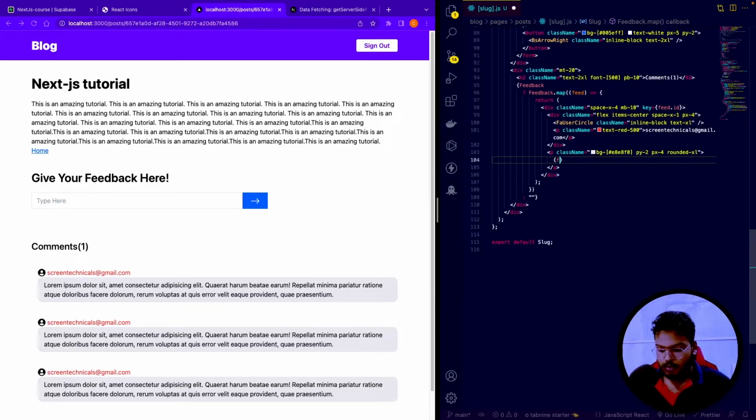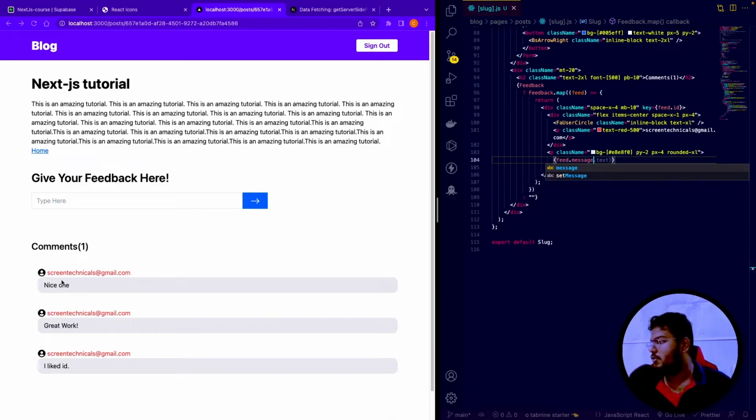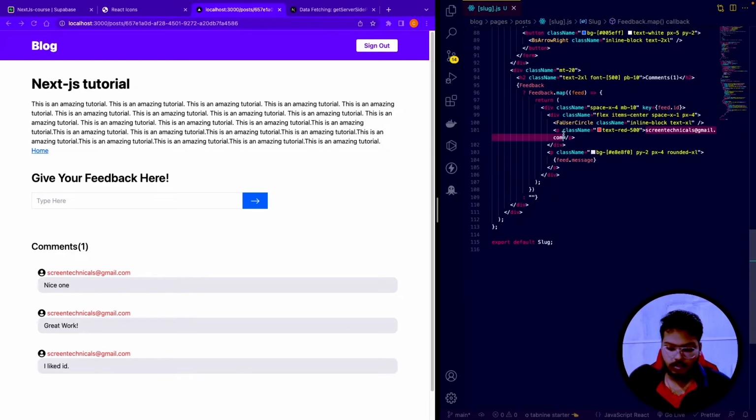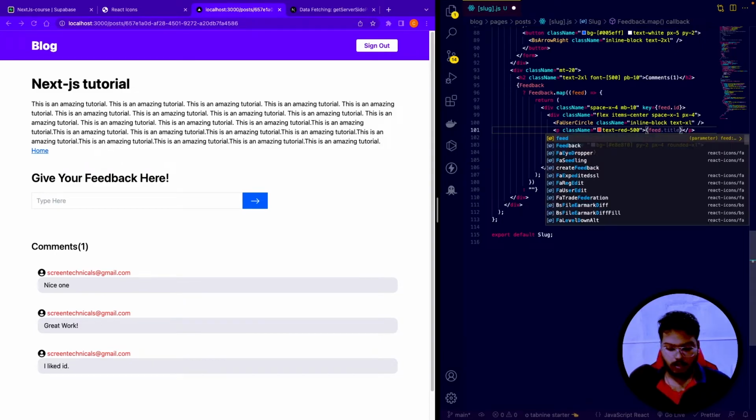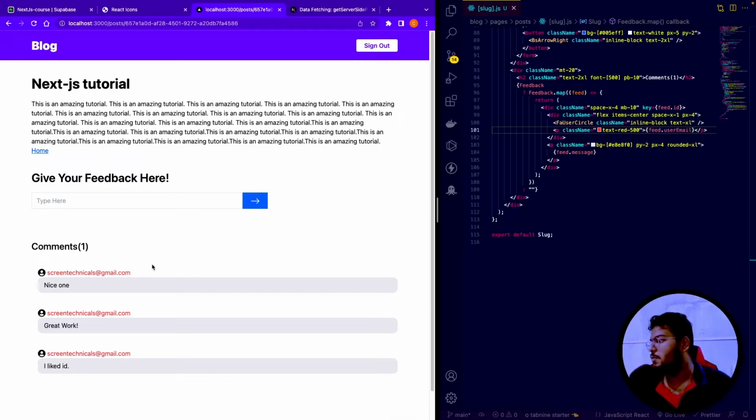So right here, feed dot message. Save this thing. You can see the messages. And let's write here that is feed dot user email. Save this thing. So this will be the same email that I have with that, because I'm commenting from the same email,